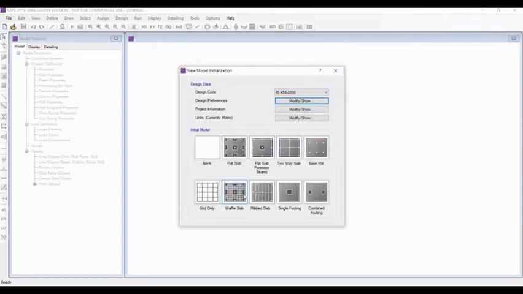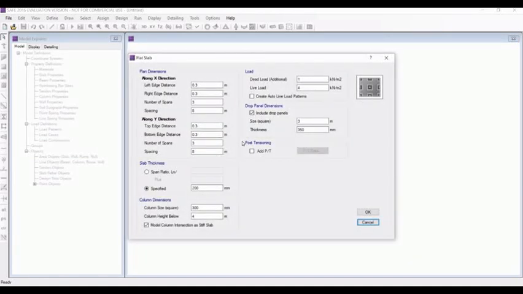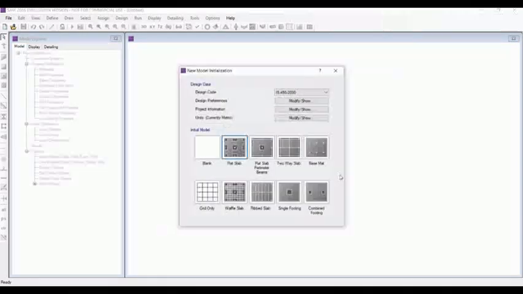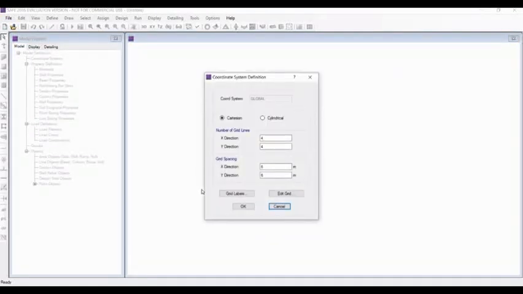And now we will go for the mat footing. So we will take here the metric and the flat slab footing. We can also cancel it and just go for the grid only option, because we know that there is 18 meter.